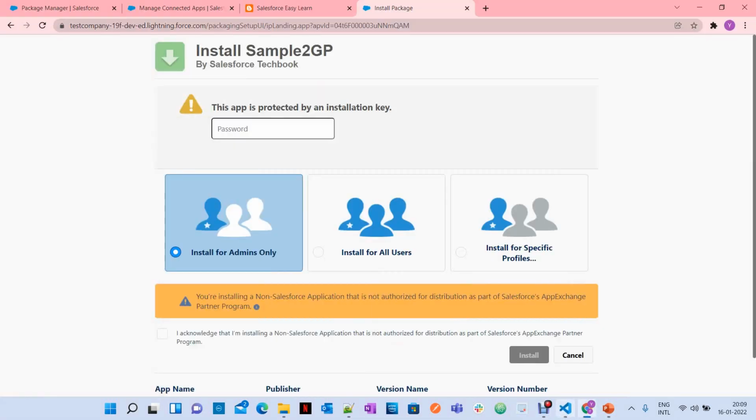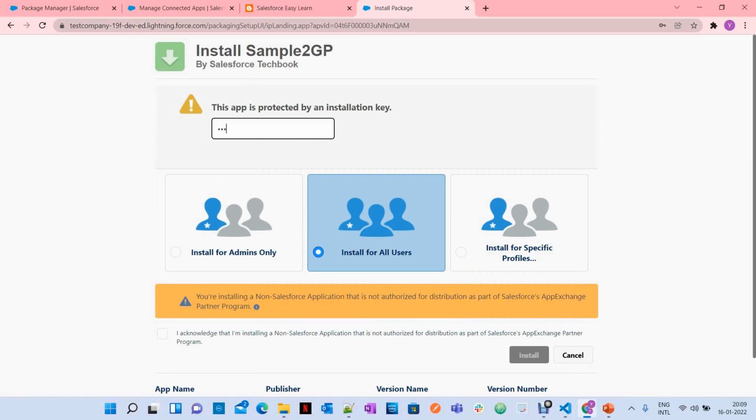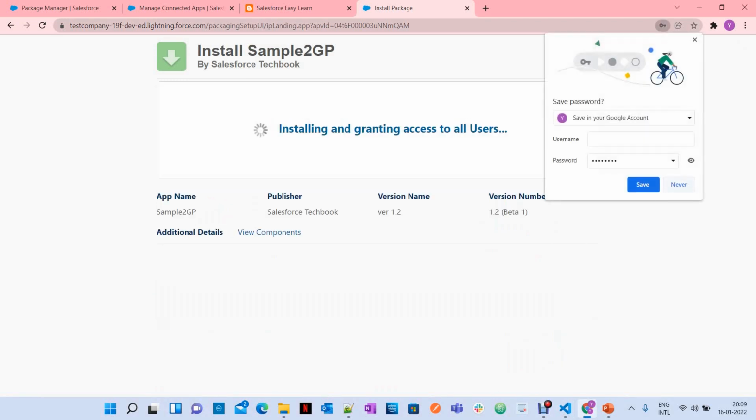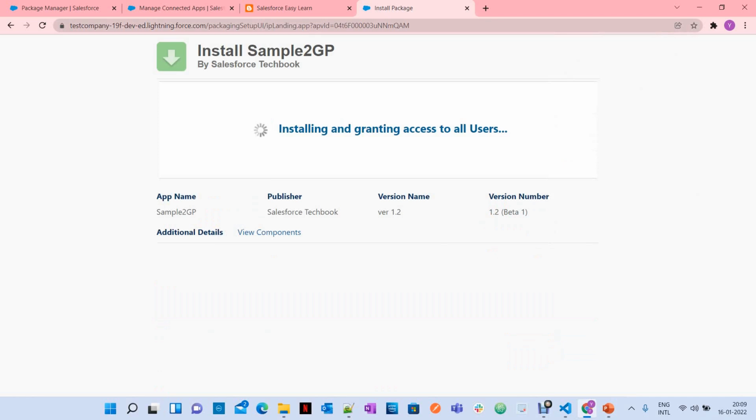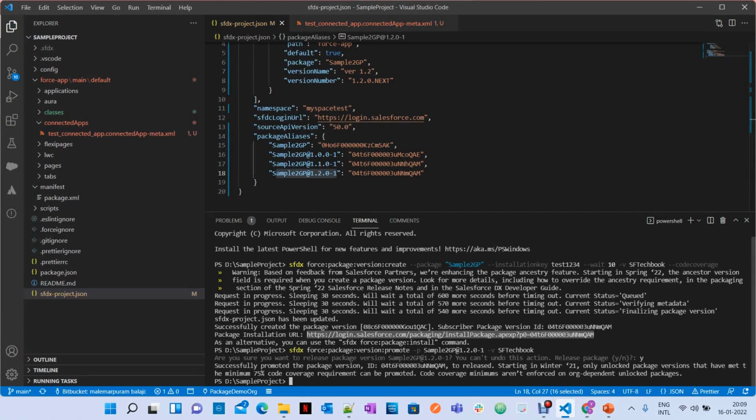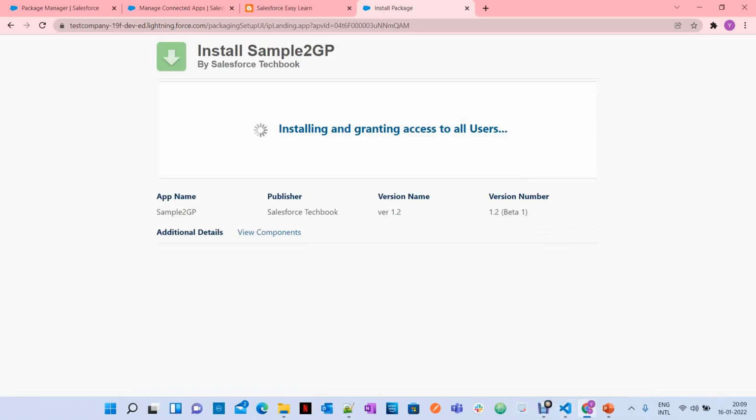Test 1234. Now it's installing and granting access to all users here.